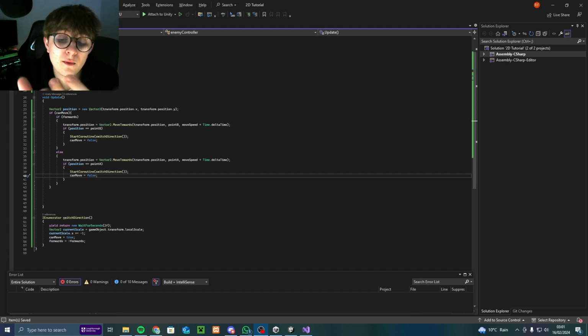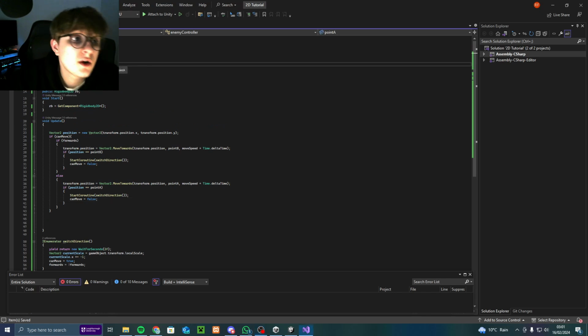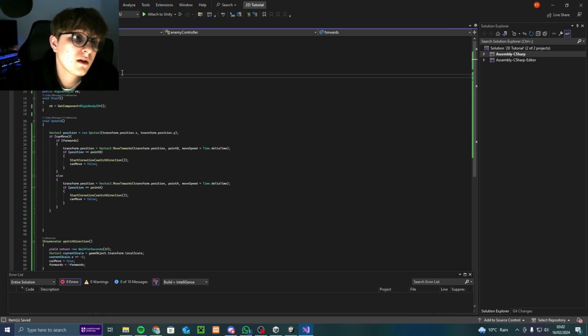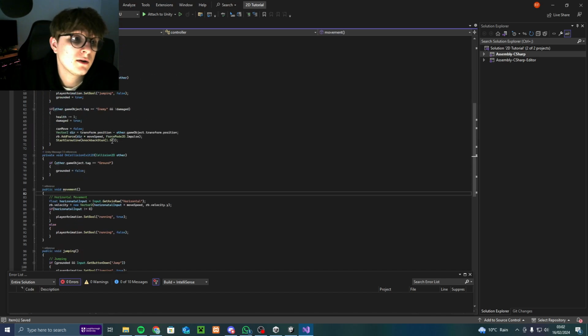So what I've done, I'll go through all the code so you guys can understand it. Of course, these are the same. I've gotten rid of the bools point A, point B, and I've changed it to bool forwards and canMove. So the bool forwards just indicates which direction it's going, whether it's going towards point B or towards point A, simply. So forwards or backwards. The bool canMove is what we introduced